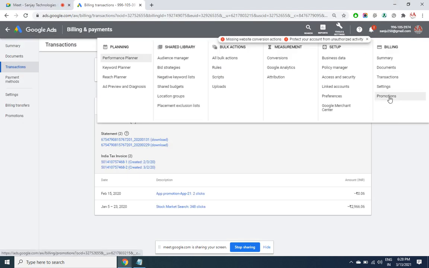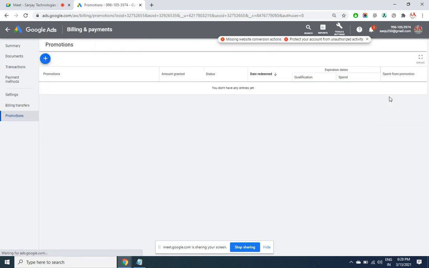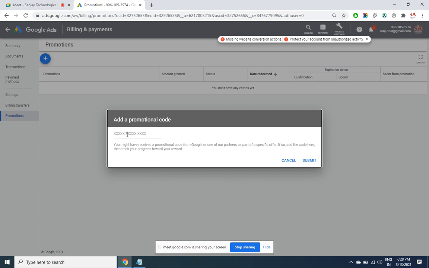Now here there is something called promotion. Very interesting. Observe it. When I click on promotion and I click on plus, it will ask me for a code. So this is a 14-character alphanumeric code that will be provided by Google, through which for new users you will get 2000 rupees credit, free credit to run the ads.